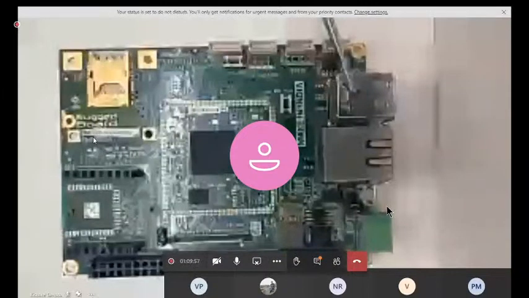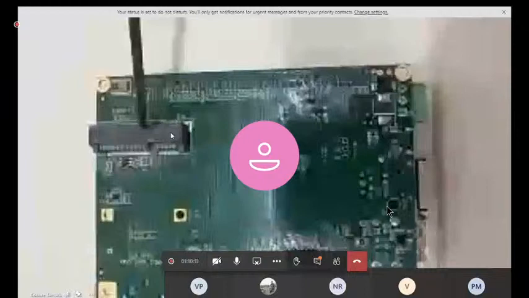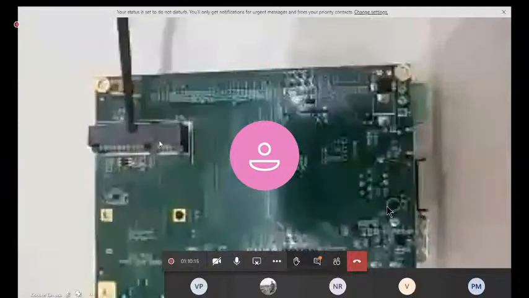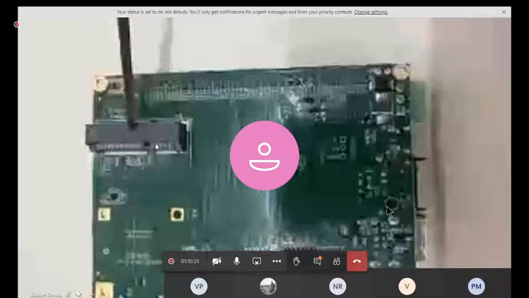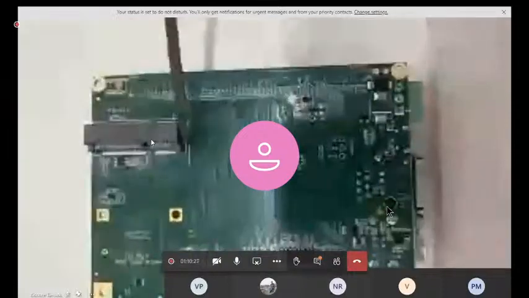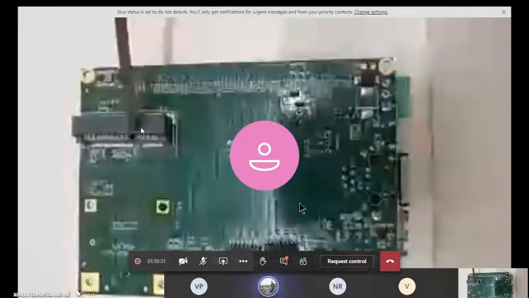So the mini PCI is below, whatever these 4 mounting holes you see on the back side of the board. You can see it over here, right? In which you can connect all your cellular modules, basically. 3G, 4G, in future NB IoT and all those cellular modules you can connect over here, or even AIML. Now, LoRa gateway, a simple example: you have an SX3 based LoRa gateway module which comes as a mini PCI form factor.